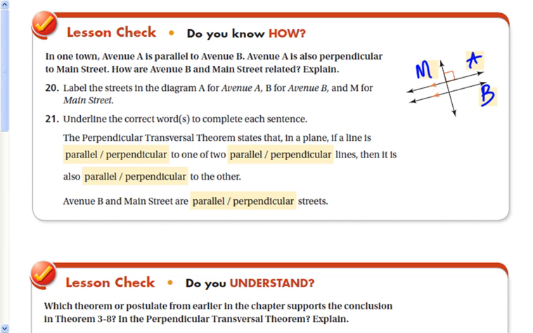All right. The perpendicular transversal theorem states that in a plane, if a line is perpendicular to one of two parallel lines, then it is also perpendicular to the other. So Avenue A, Avenue B and Main Street are